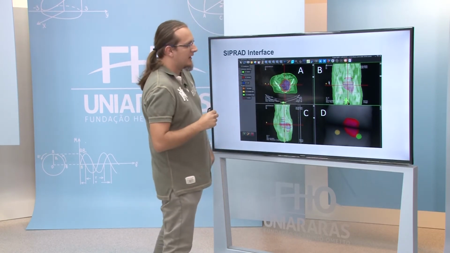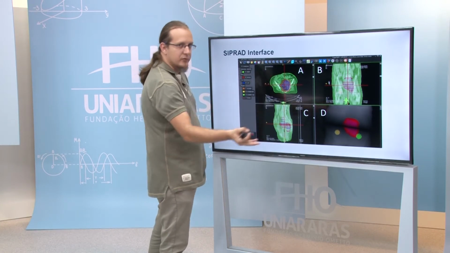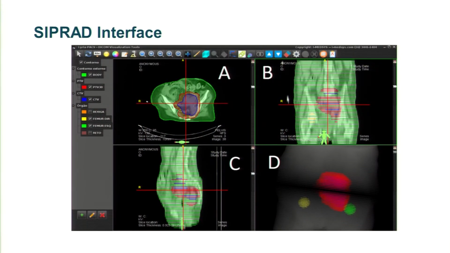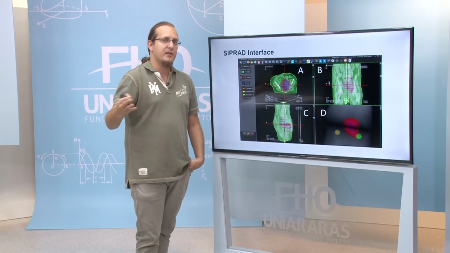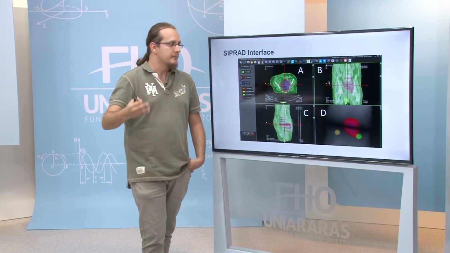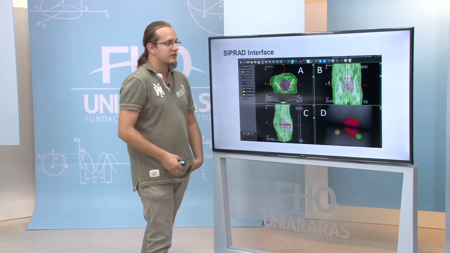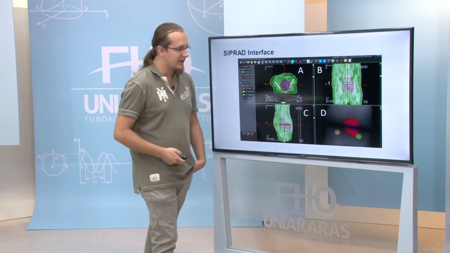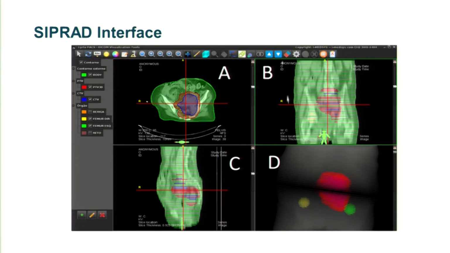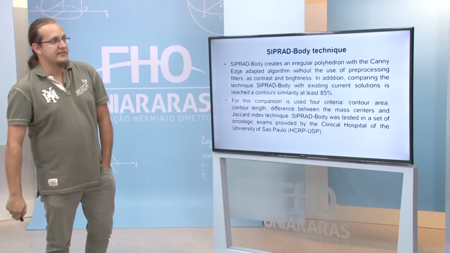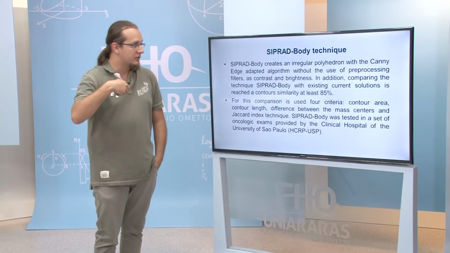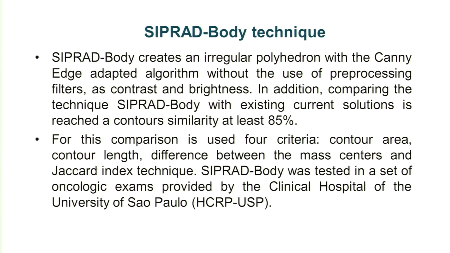A is the default computed tomography, but B and C are generated with interpolation using the MPR technique. MPR is multiplanar reconstruction. B and C are generated, and then the 3D view. The doctor manipulates A, B, and C to draw regions of interest for the tumor volumes and ORs, organs at risk. The SIPRAD body technique creates a regular polygon with the Canny edge adapted algorithm,